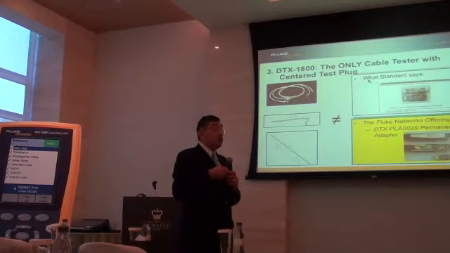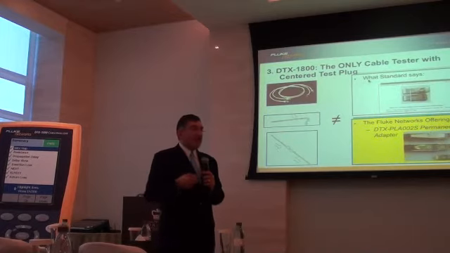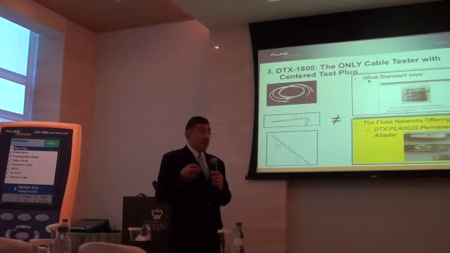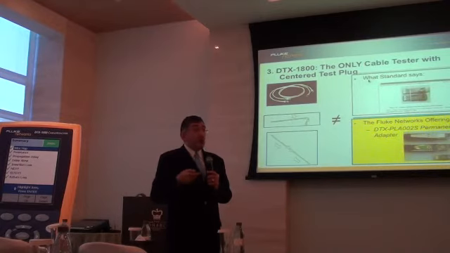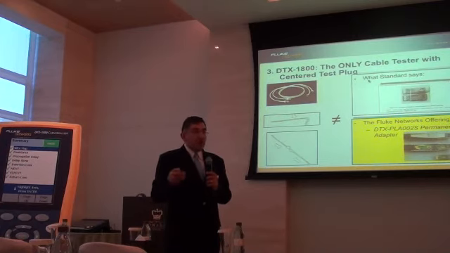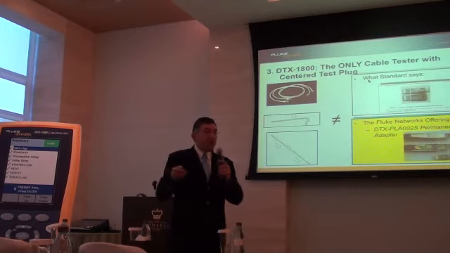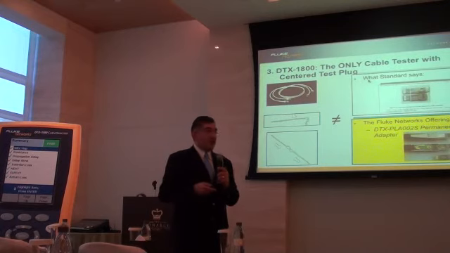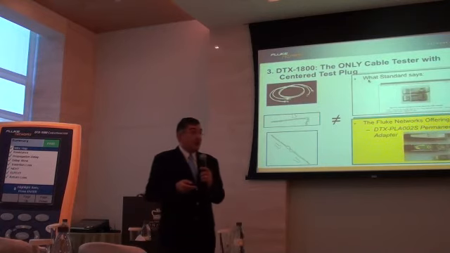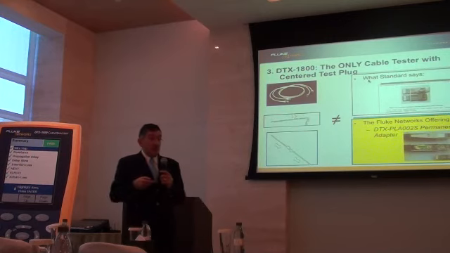But should you want to add the patch cord test results, you cannot use a channel adapter to make the measurements for the patch cord. You have to have a patch cord adapter, and there's a reason for it, because a channel adapter is tuned for 25 meters and above, whereas a patch cord is between 1 meter and 5 meters. Number two is that you are not measuring the performance of the plug. You're measuring a piece of cable with no connectors at each end. That's what the standards specify. That's specifically defined in the standards. So it becomes very difficult to do that. You have to